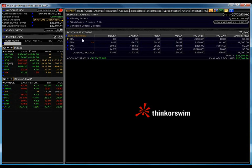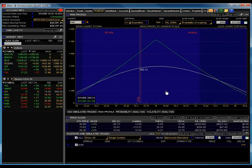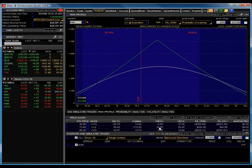Let's just take a quick look at our monitor here. We have EEM. Let's take a look at our monitor, our numbers here. We still have $25 in theta available in this position if we continue to hold it. We've got maybe $130 in profit that we could extract out of this position as long as we hold our